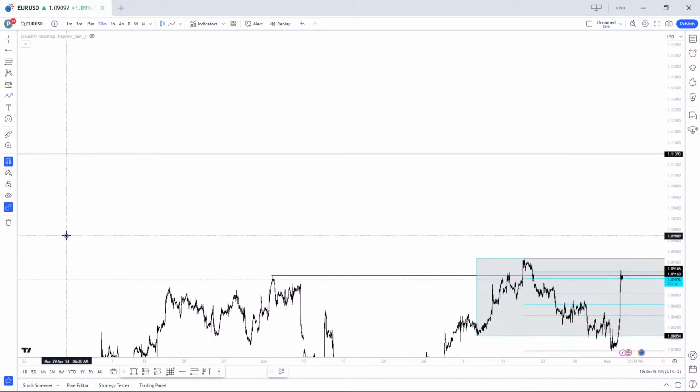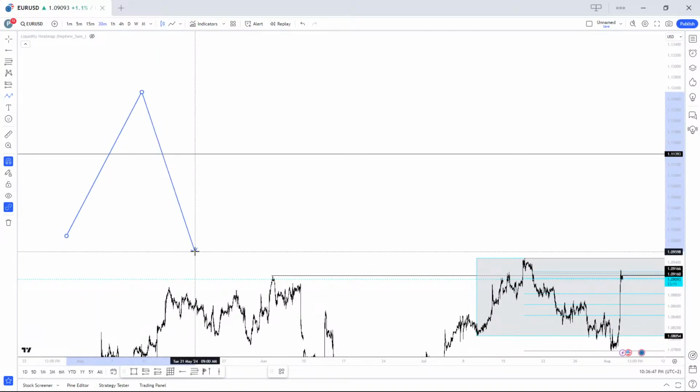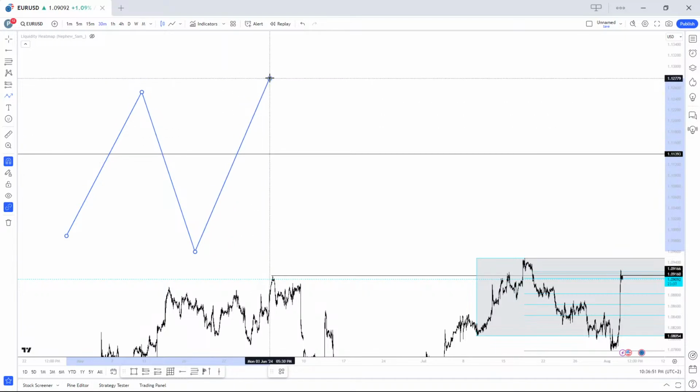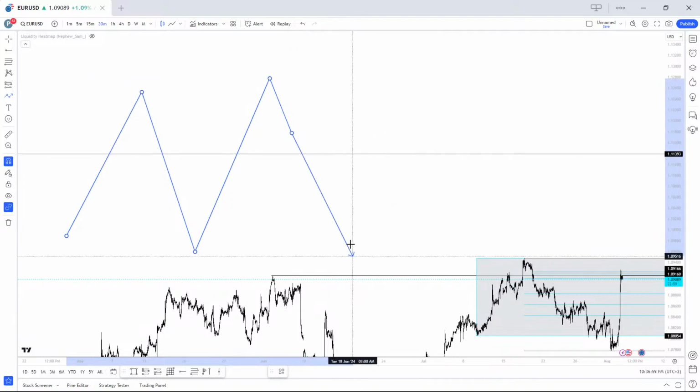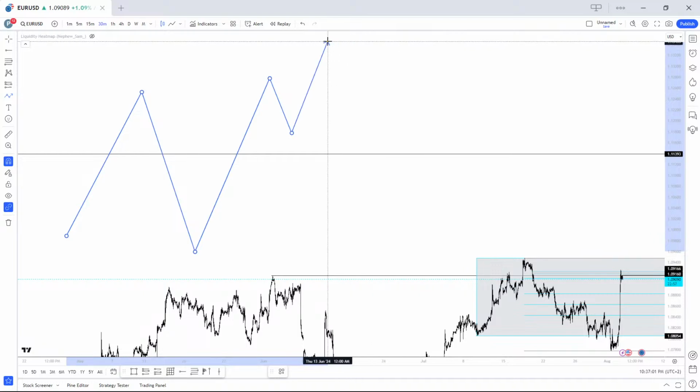Price can make a top, take the liquidity, get down, retrace, and then continue moving up. Or